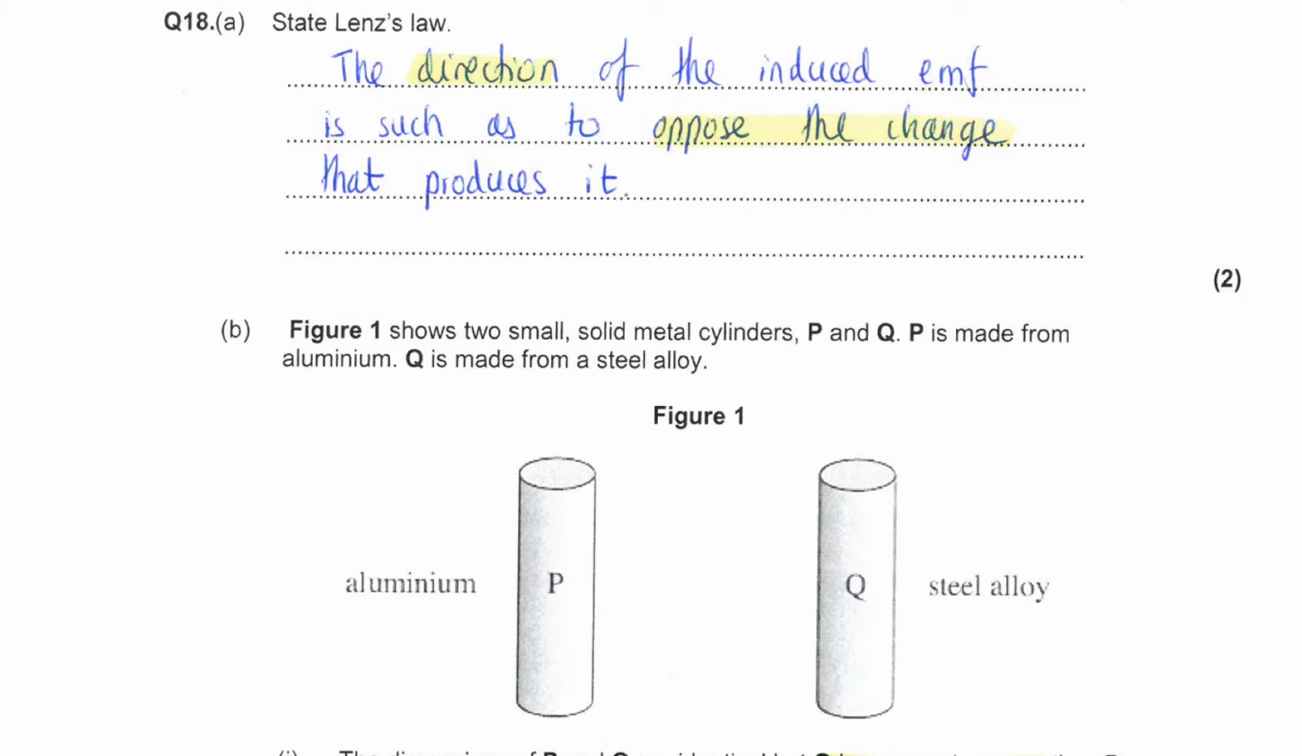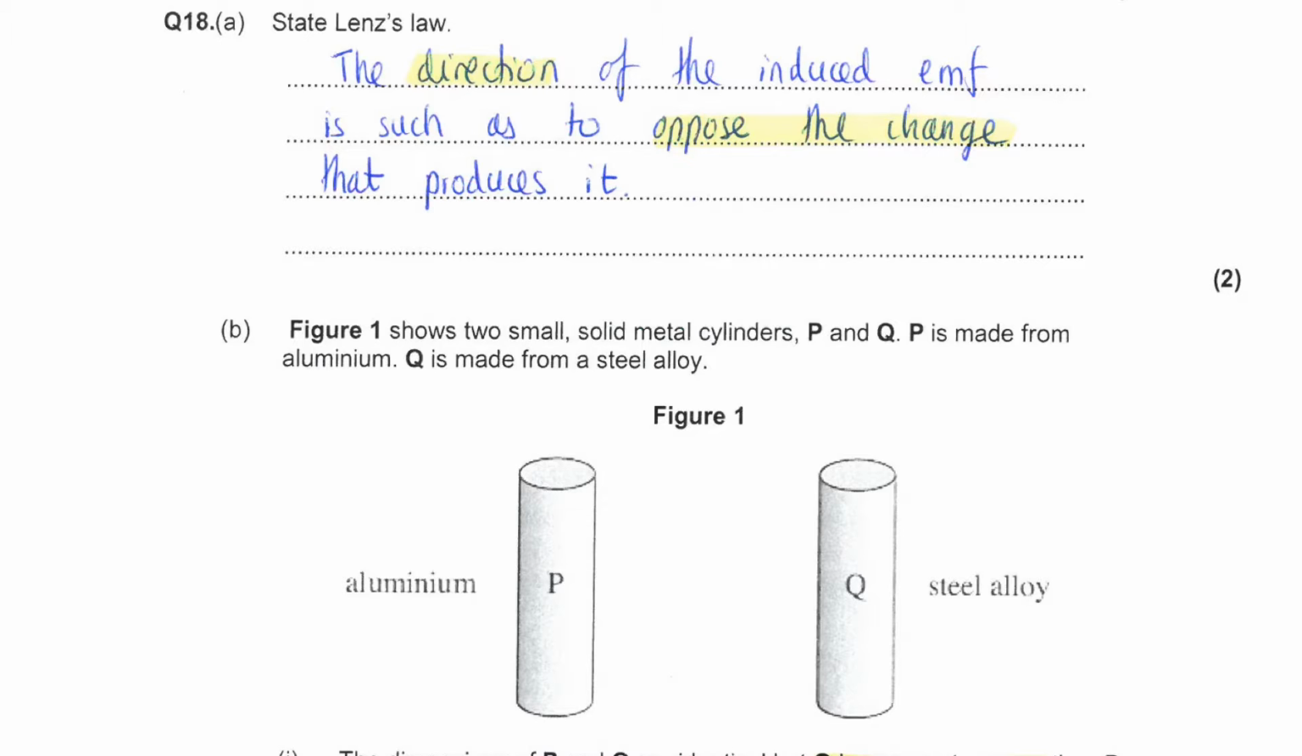This is the Magnetic Fields Homework Booklet, question 18. State Lenz's law. So you should know that the direction of the induced EMF is such as to oppose the change that produces it. So whereas Faraday's law gives you the magnitude of an induced EMF, Lenz's law tells you